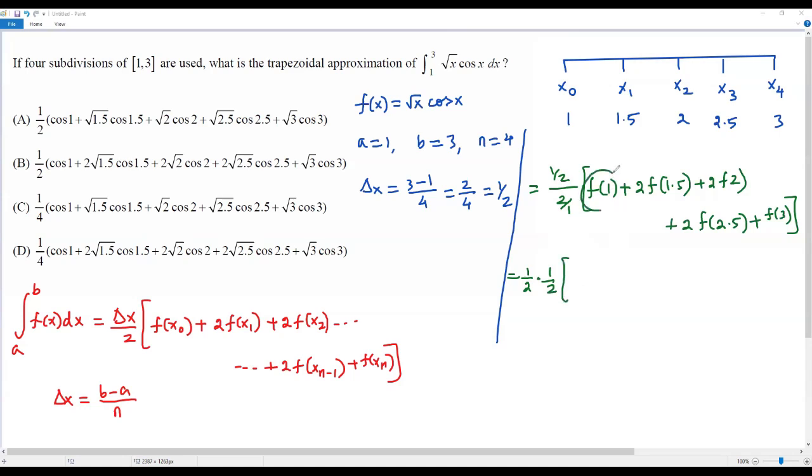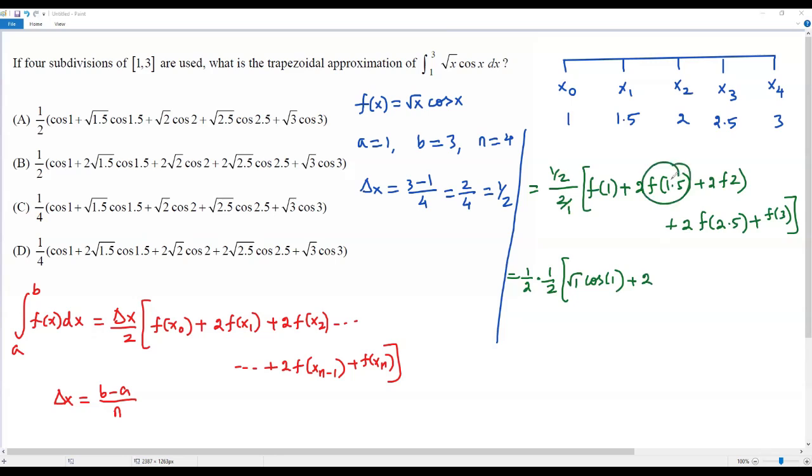And now to get the value of f of 1, we have to plug in x equals 1 into the function f of x. We already got the function f of x by comparing this one and this one. We got that f of x equals square root of x times cosine x. Now to get the value of f of 1, let's plug in 1 for x. Then I'm getting square root of 1 times cosine of 1